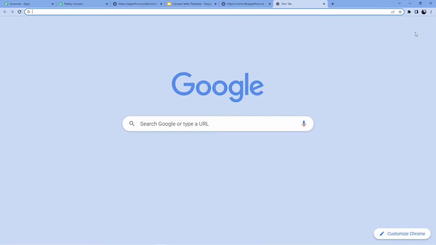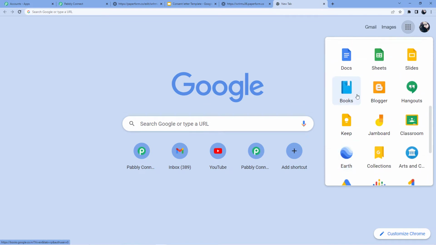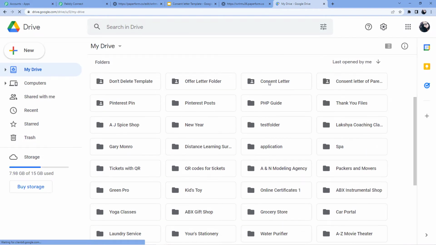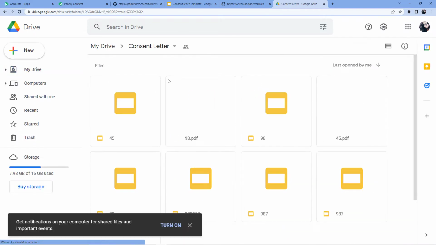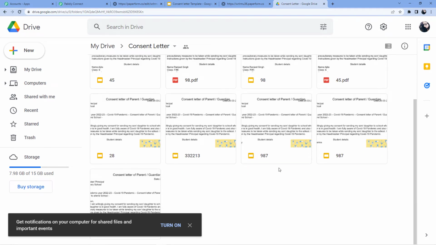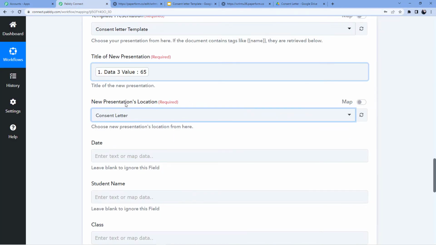And let me just open my Google Drive and show you. So let's just go here. Where is Drive, Google Drive. And here you can see this is the folder consent letter. So I will just open this and you can see I have all the IDs here, 45, 98, 98, and I am going to add a new ID 65 here. Okay. So we will just go back. I am just going to save it to consent letter.